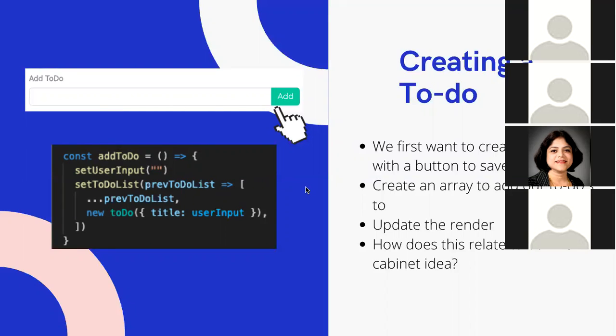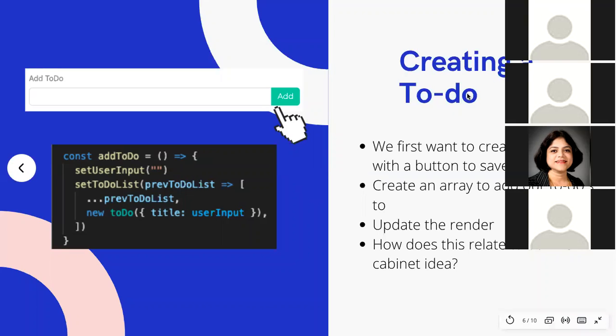And the render is the part of the code that tells the computer, hey, input this on the screen. So once an array is added, the computer knows to update that render, and that new to-do will display on the screen. And I've already kind of touched on how this relates to the file cabinet